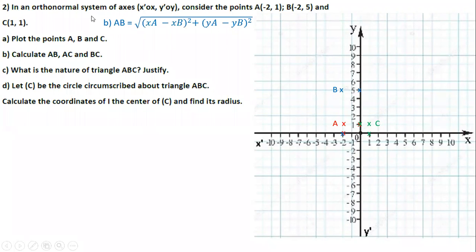We should calculate AB, AC and BC. We have taken a rule on how to calculate a segment or a length in a system of axes. What is the rule to calculate AB? AB is equal to what? We need the distance rule. AB is equal to